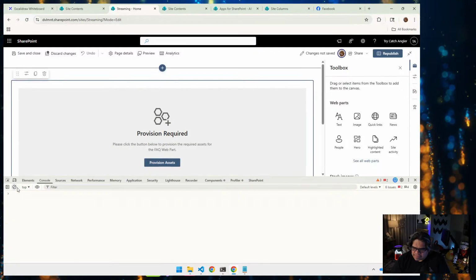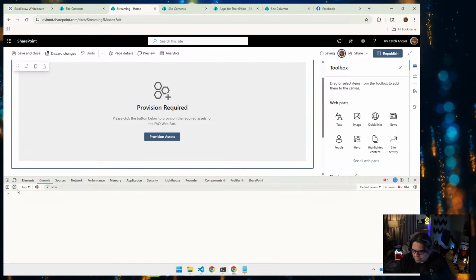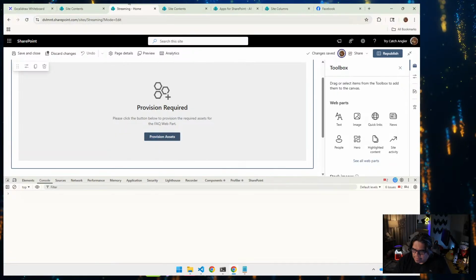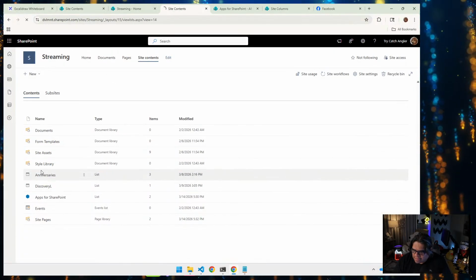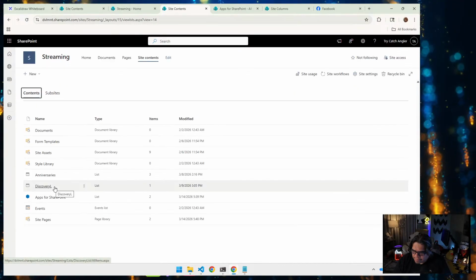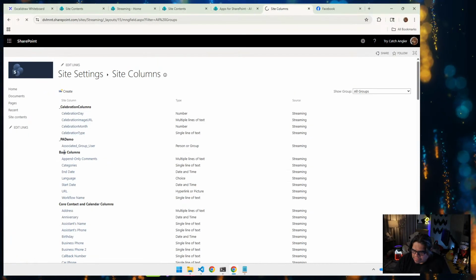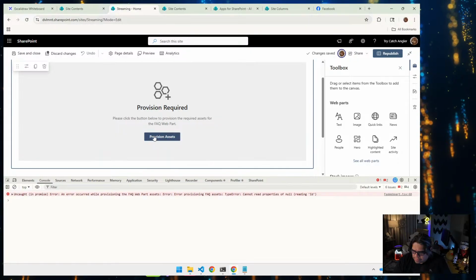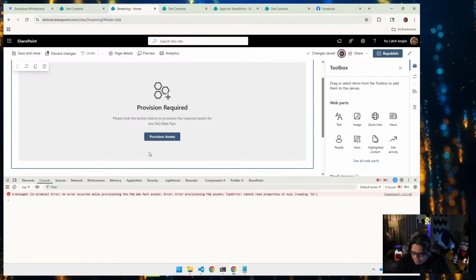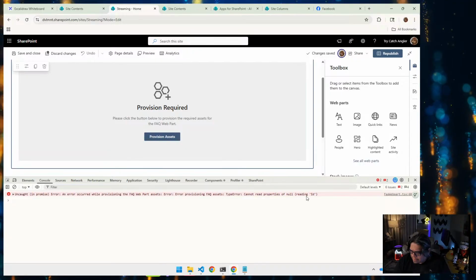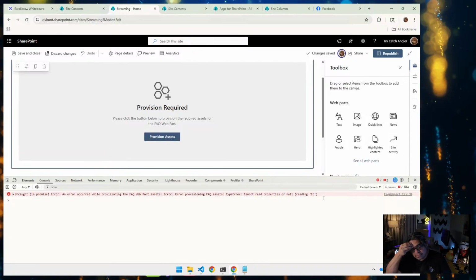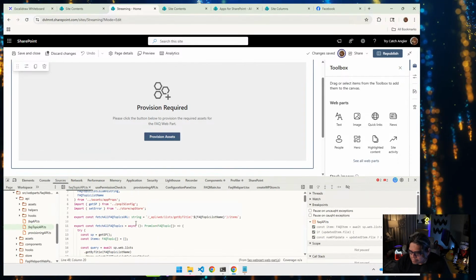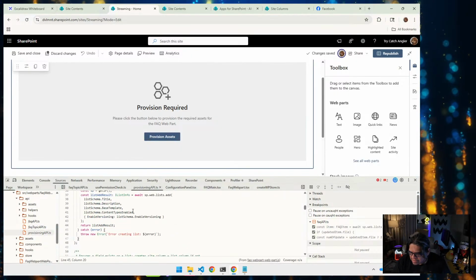Okay, perfect. This is what I wanted to see. So if we wrote the provisioning asset script correctly, this should work first try. We have nothing, our lists are not here. And then in our columns, there shouldn't be any columns that say FAQ. Cannot read properties of undefined, reading ID. All right, let's find out where the error is coming from. I'm guessing it's coming from